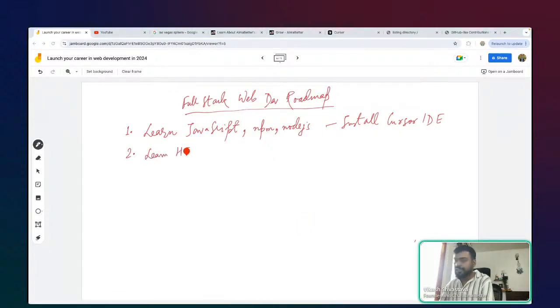HTML is basically a document standard, in a way, right? It's not exactly a programming language, it's a markup language which will help us build a web page. Okay, so HTML is the raw document that I see on my browser, right?